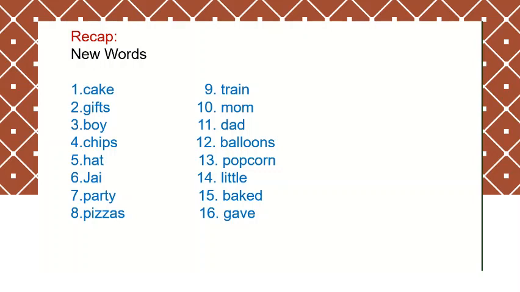Number 8, pizzas. Number 9, train. Number 10, mom. Number 11, dad. Number 12, balloons. Number 13, popcorn. Number 14, little. Number 15, baked. Number 16, gave. You have written these words in your class workbook.